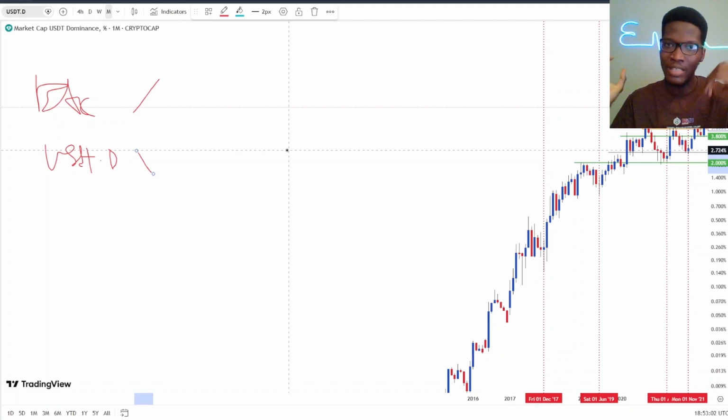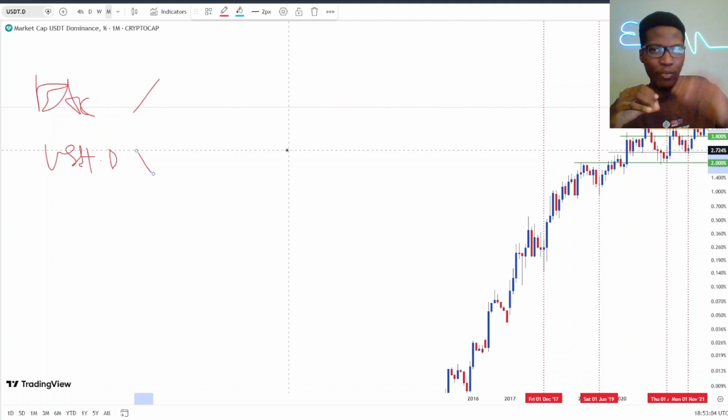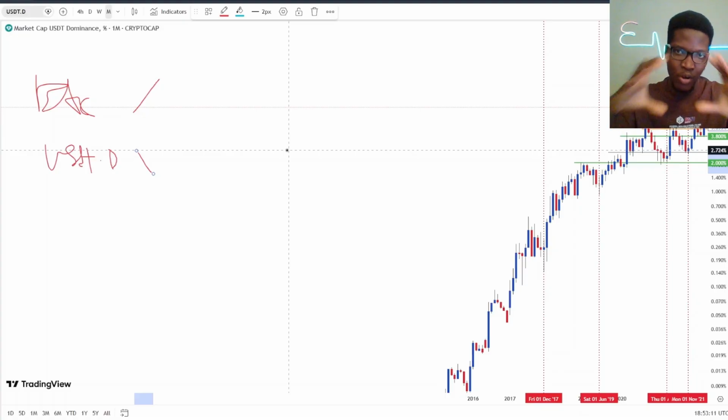People also get more USDT to wait for lower prices. Those who bought at the tops are selling to not have more losses. So they are all keeping USDT. So this is why we have this relationship. As one increases, the other decreases. As one decreases, the other increases.